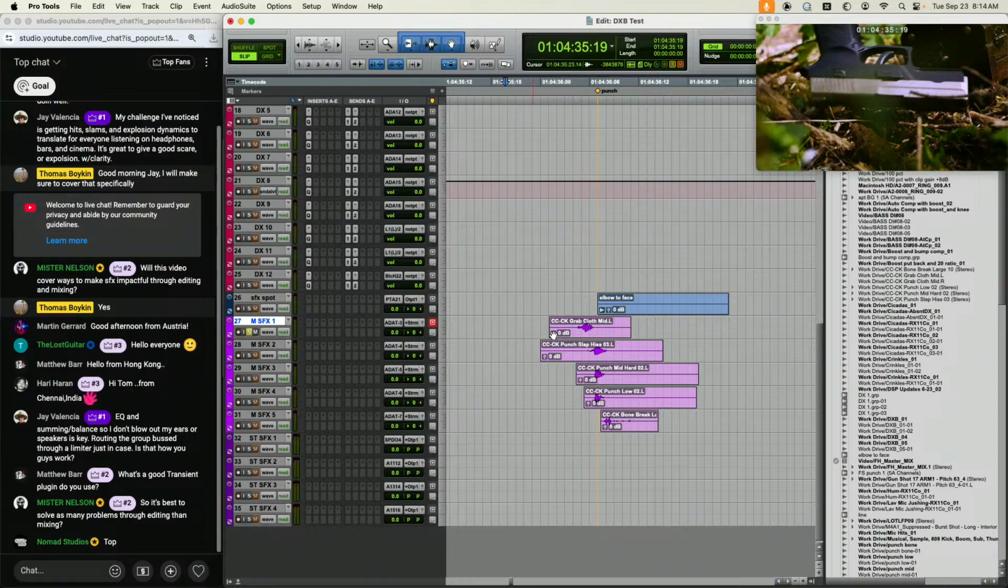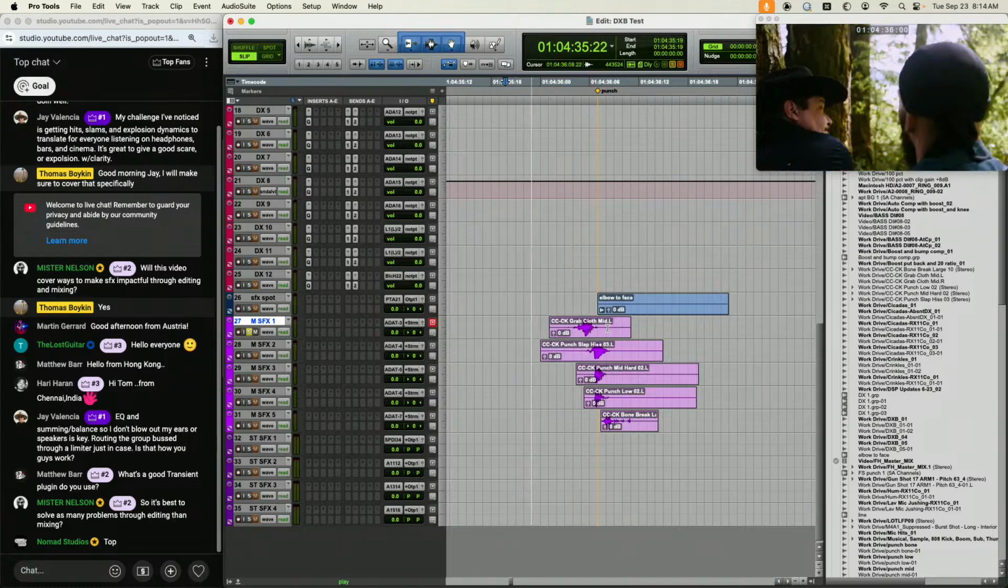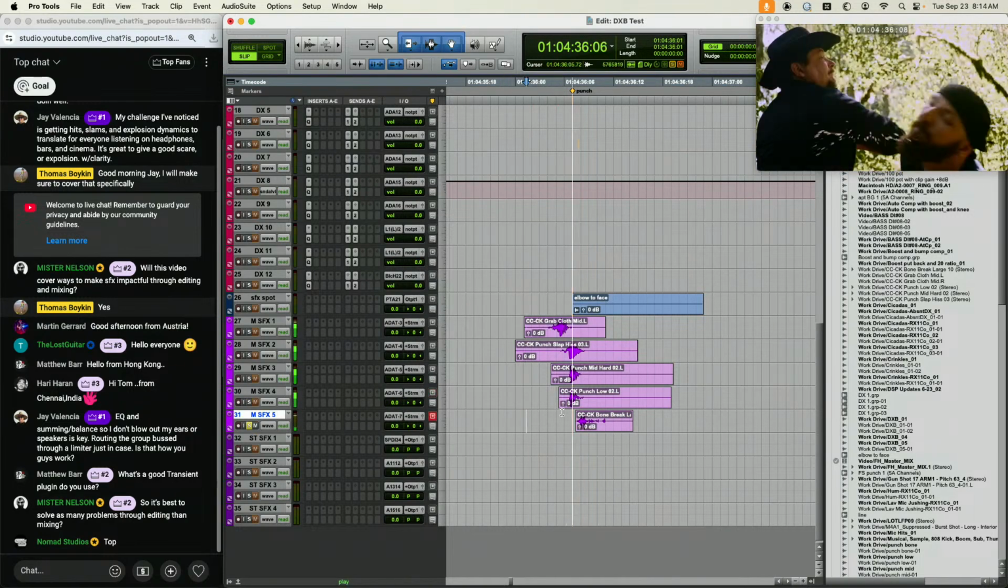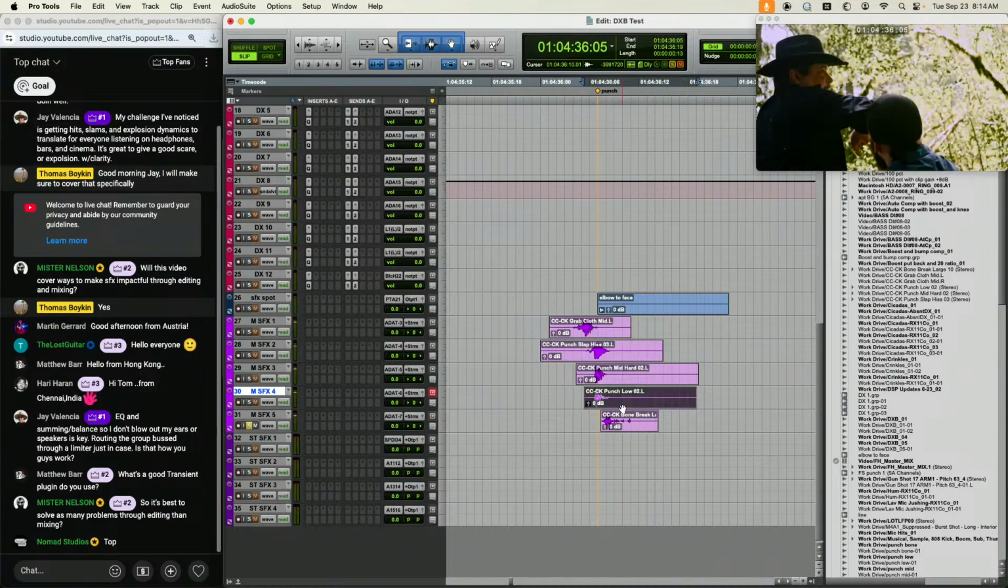So let's listen to each layer by itself. So there's a cloth. It says grab, but it's really more of a whoosh. Then we've got a slap. Then we've got a mid. Then we've got a low. And then a bone break. So this low,